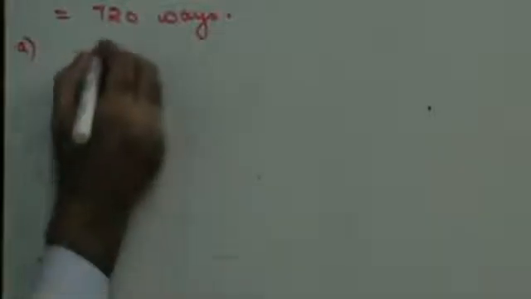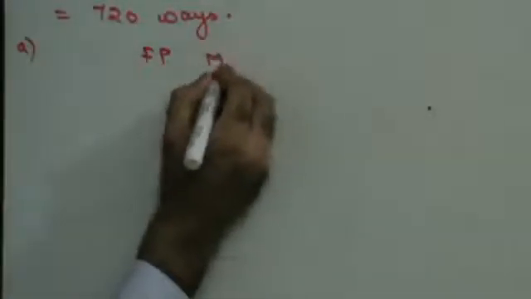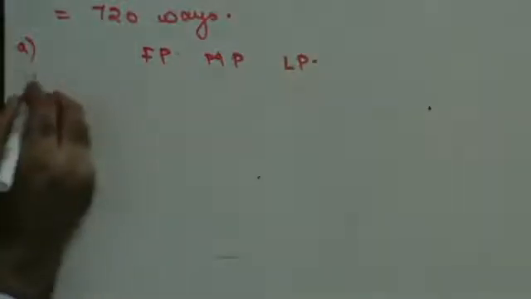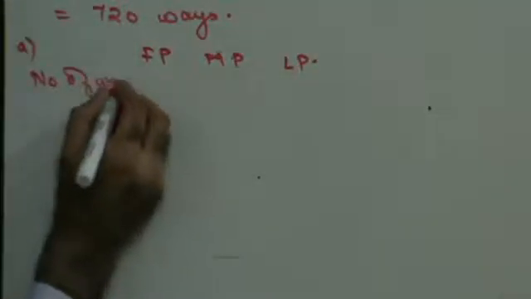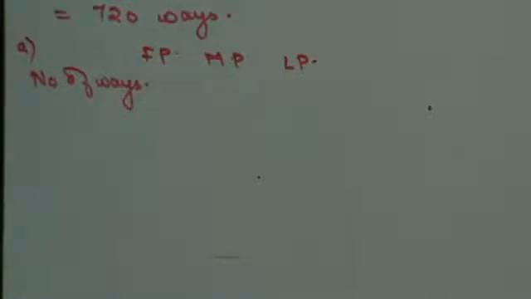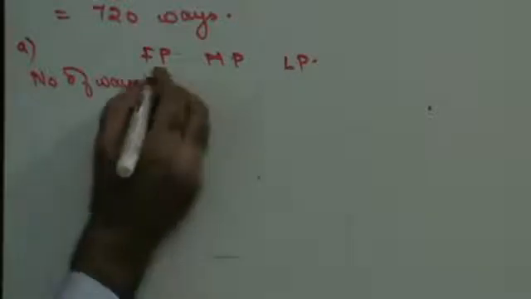A part of the question. How many of them begin with an A and end with an H? First place, middle place, last place. Number of ways. How many of them begin with an A? How many A's are there in father? There is only one A. So that particular A has to go in the first place. So there is only one alternative for filling the first place. End with an H. How many H are there in father? There is only one H. So there is only one alternative for filling the last place.